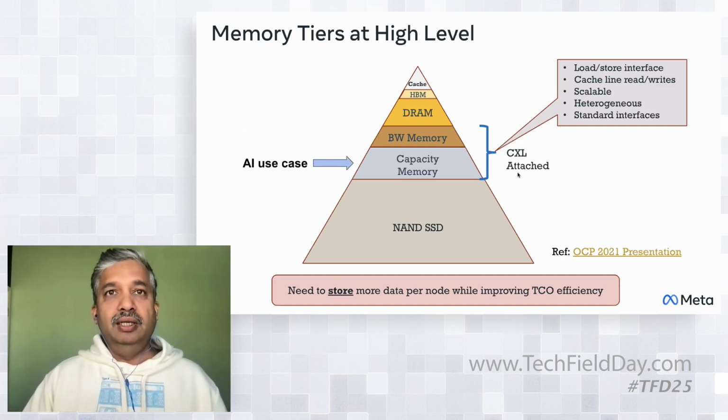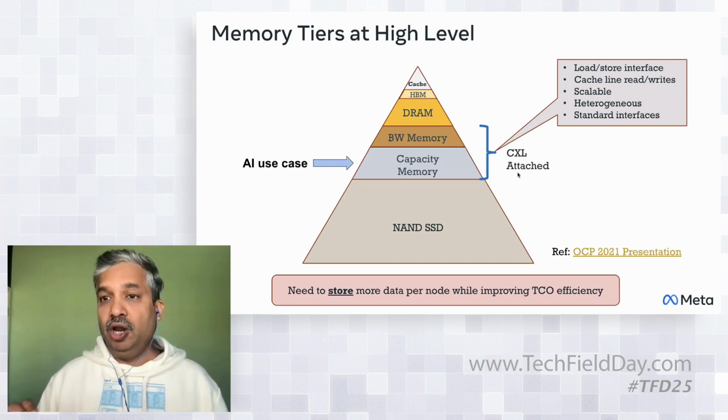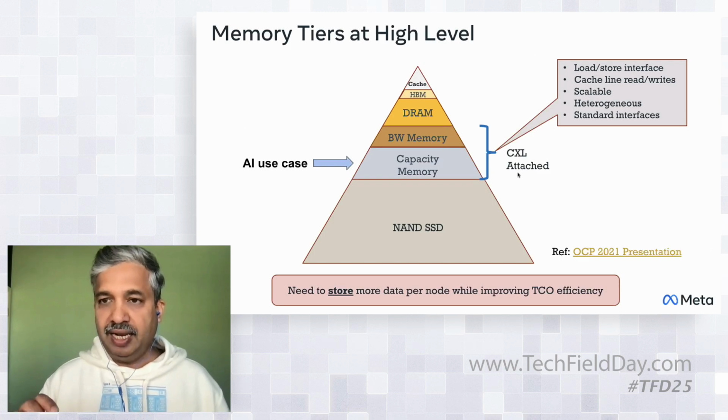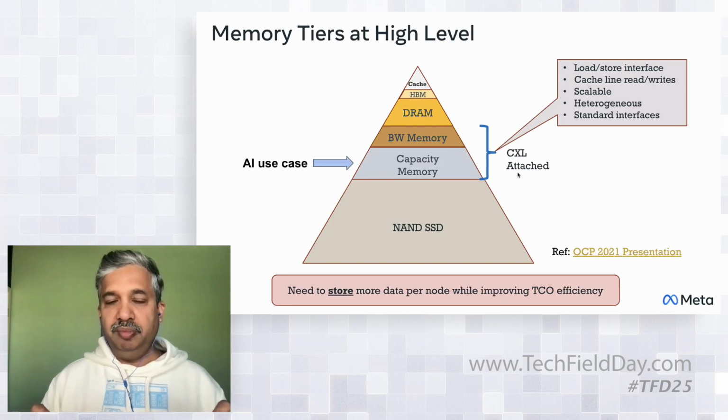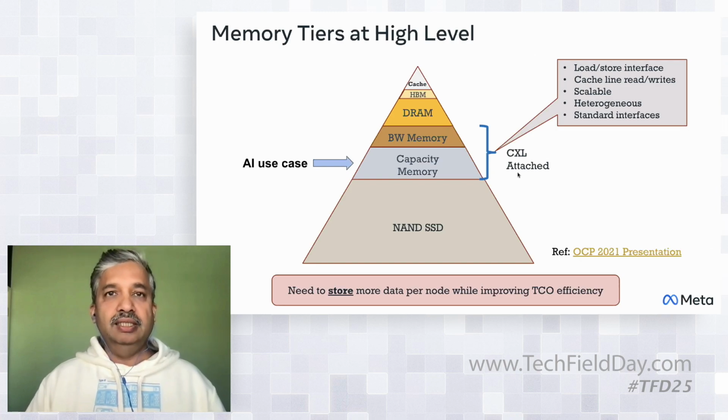There are 2 types of such memory expansion needs, just focusing on CXL, and then I'll come back to AI specifically. There will be applications which require memory expansion but are not trading off a lot of bandwidth, so they'll be closer to DRAM. Let's call that CXL bandwidth memory, which allows you to increase memory a little bit without trading off much bandwidth. But AI use cases really fall into the second bucket, CXL capacity memory, which needs a very large